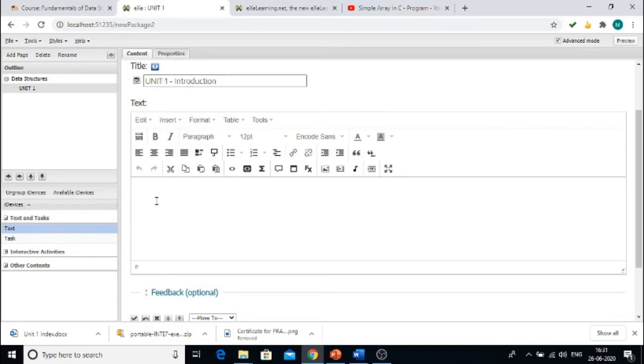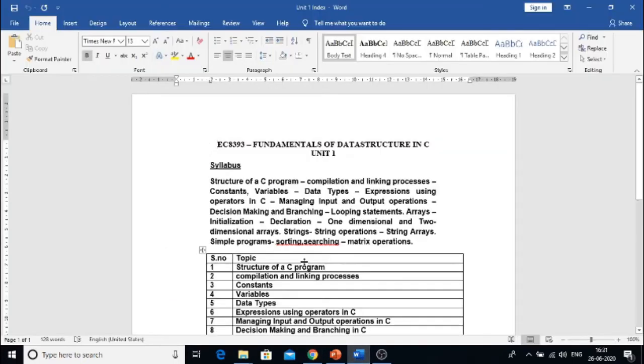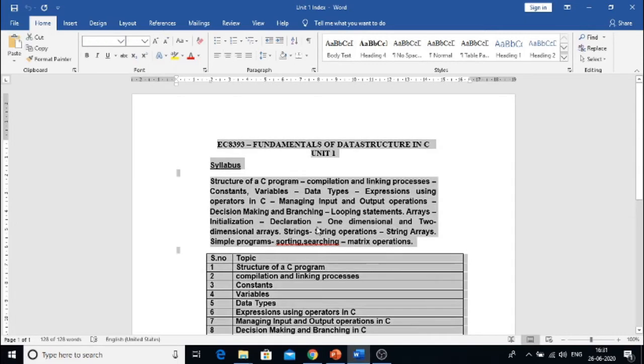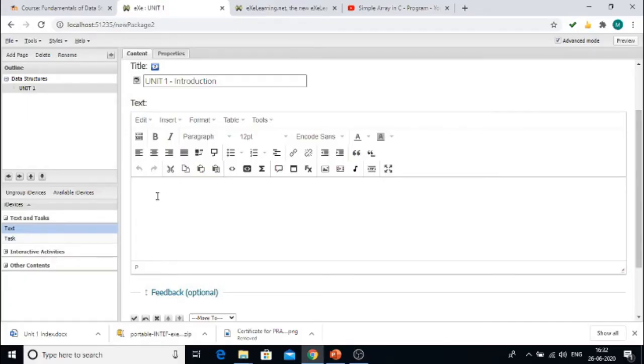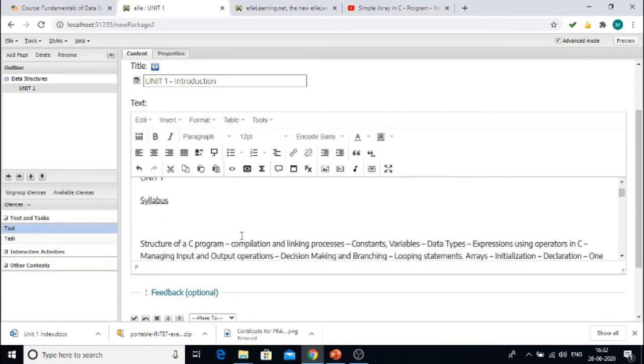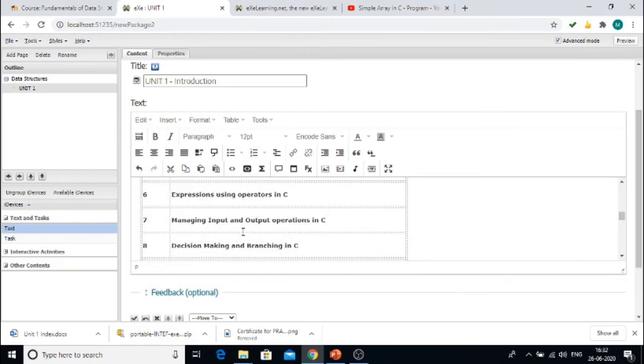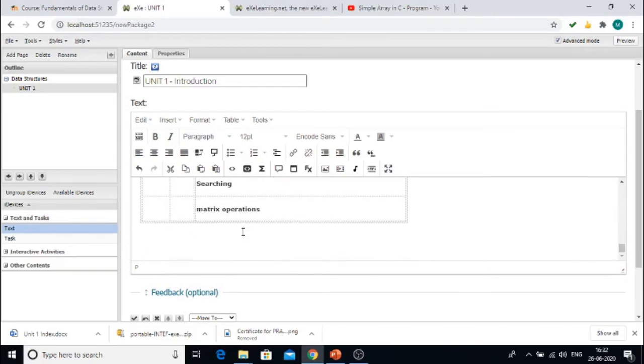Then you can start typing the content for unit 1, or if you have a Word document you can copy the content available in your Word file and paste it in the text box. Control V, you can paste like this. Once you paste, it will be pasted as simple text or plain text, without embedding any images.